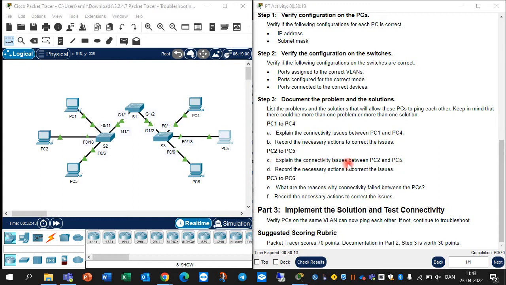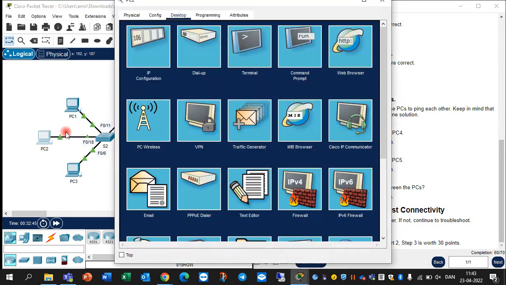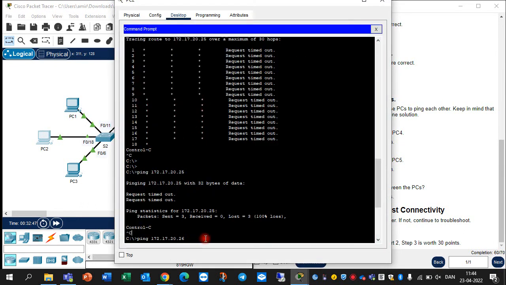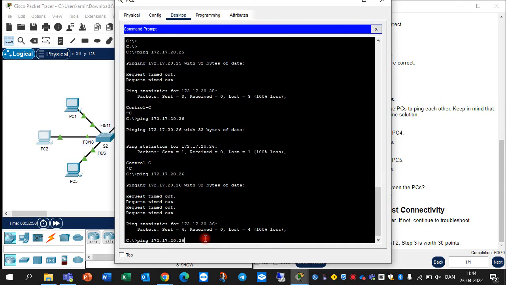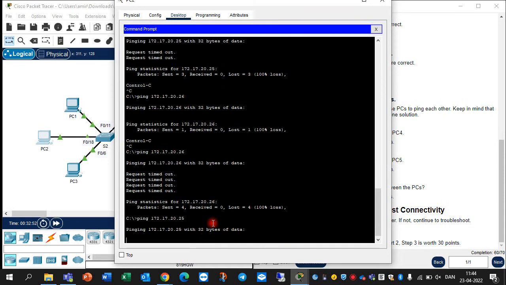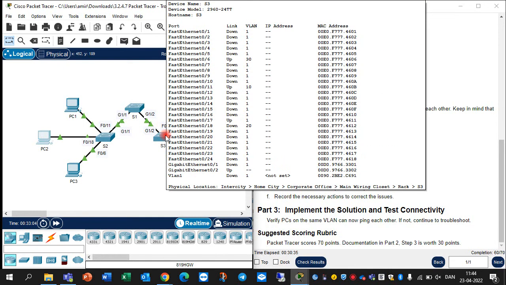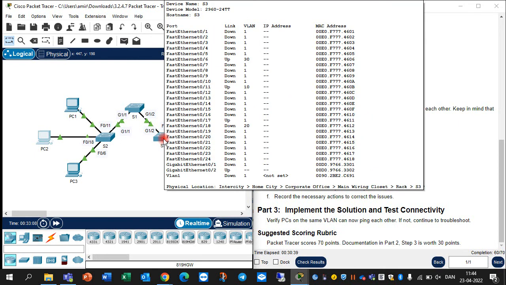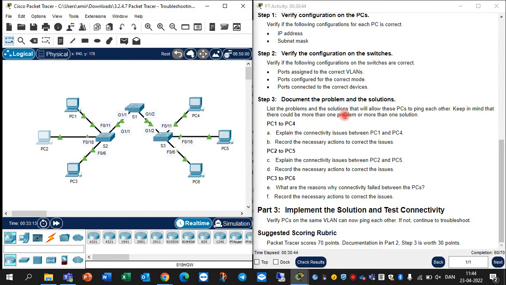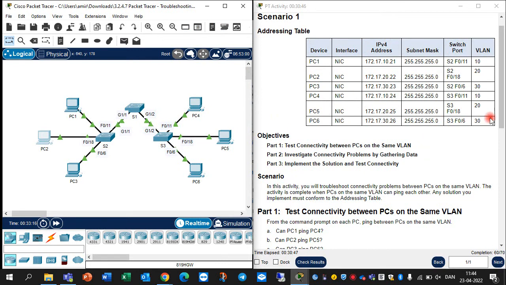PC2, explain the connectivity issue between PC2 and PC5. Yes. They cannot ping each other. And record the necessary actions to correct the issues. Because if you go here, you can see FastEthernet 017 is up, it is not 18, but here you can see